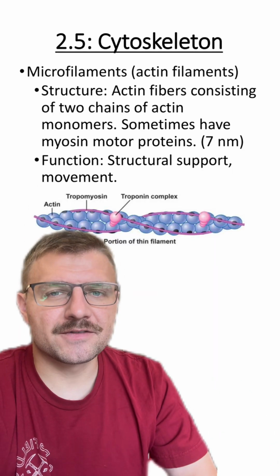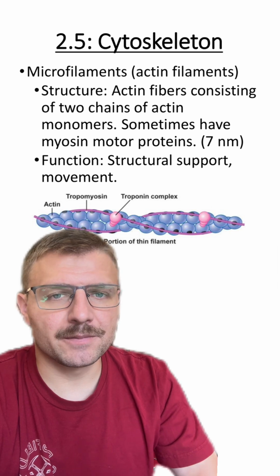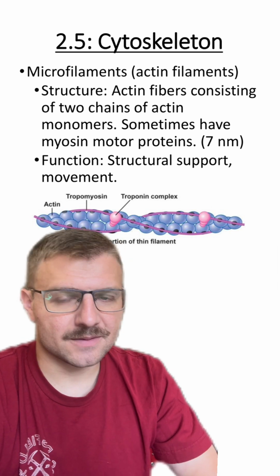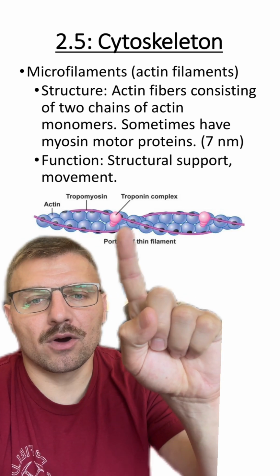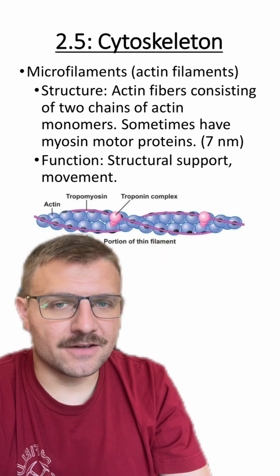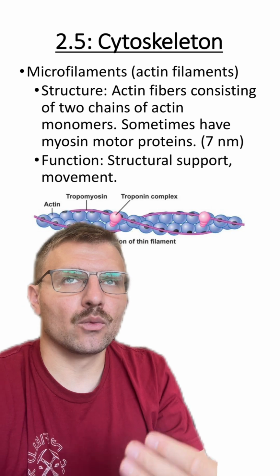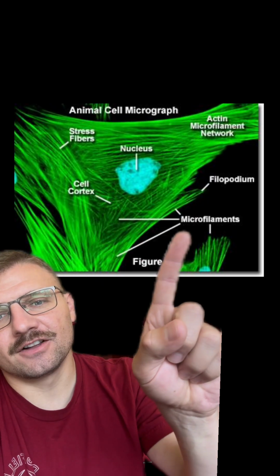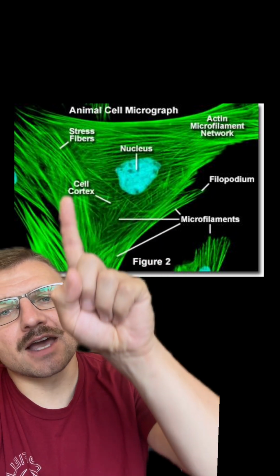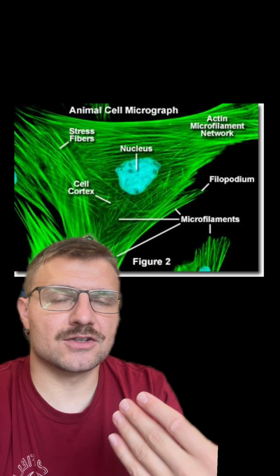Our first type of cytoskeleton is something called a microfilament, or also called actin filaments. These actin filaments are going to be made of an actin monomer that are bonded together, and this actin filament is going to help the cell with its structural support and with movement. You can see these actin filaments here throughout the whole cell,